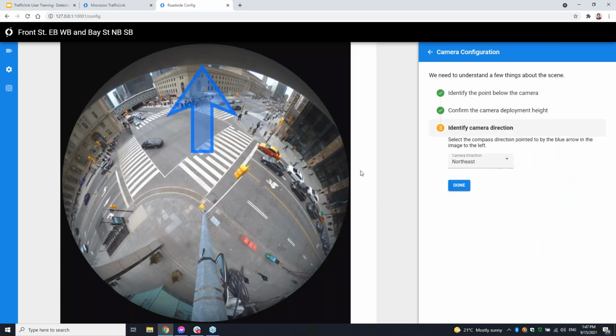Because we're in the local device configuration, we don't actually have access to the cloud tools like Google Maps or location data, things like that. So we don't necessarily know what direction the camera is facing, and we can't use some of those APIs. You have to actually just give it a direction. So it asks which way the camera is pointing, and it gives you a toggle of what direction.